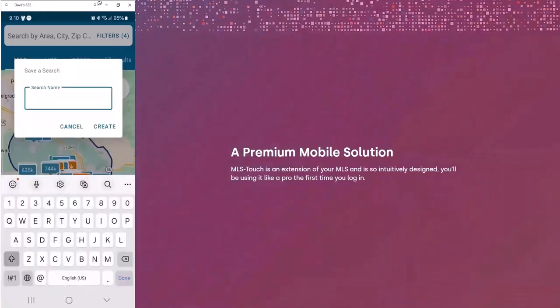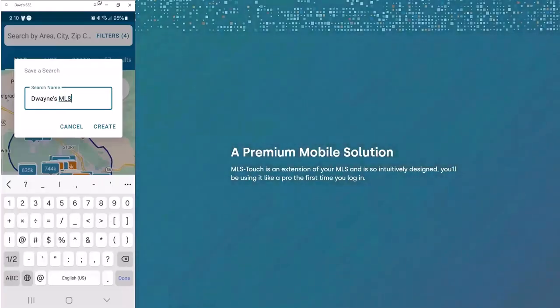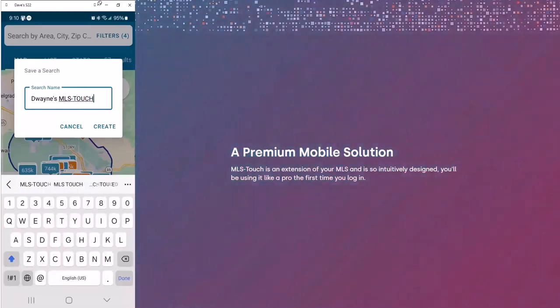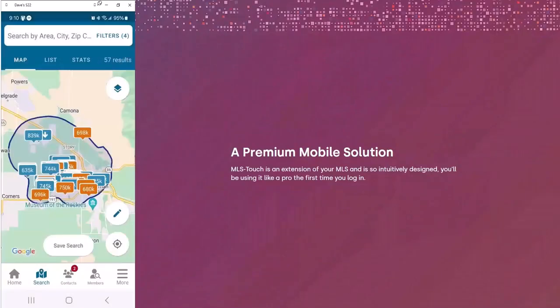So in this case, we'll call this Dwayne's MLS-Touch search, something like that. And that way, and I'm going to show you a little bit later on where you can access that, but at least now I know that after all the effort that I put in to create this search, I don't have to recreate it every single time that I want to run it again in the future. So now that I've got my 57 results,